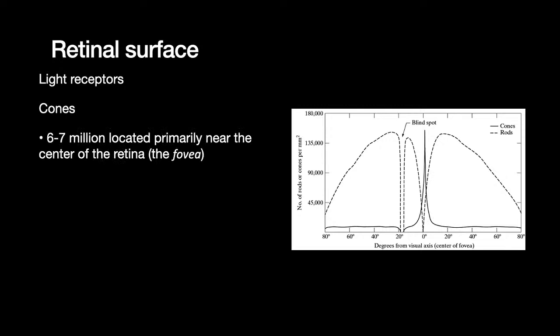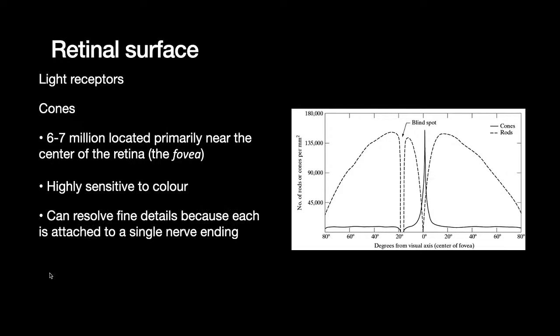So near to the fovea, this number goes up to 6 to 7 million, and they are highly sensitive to color. So these are needed for your color vision. They can resolve fine details because each cone is attached to a single nerve ending. So the sensitivity is very high, and that is why you can see things very clearly when they are in